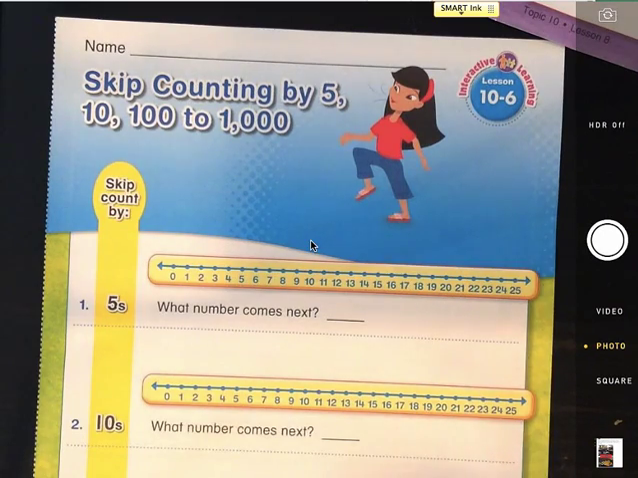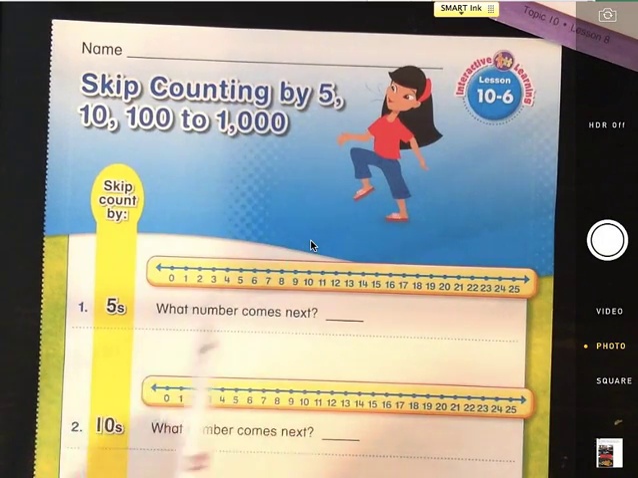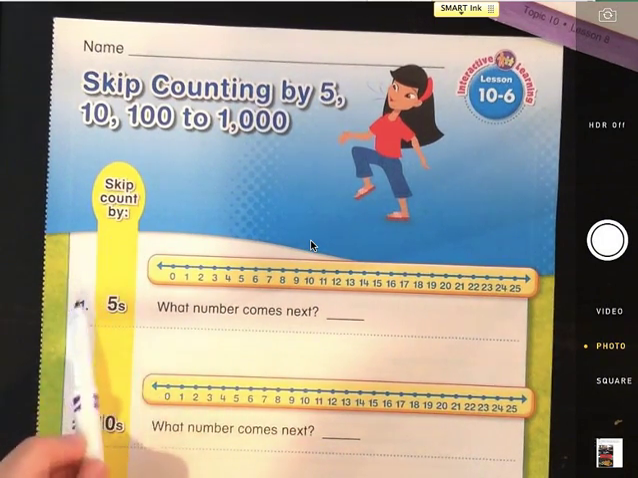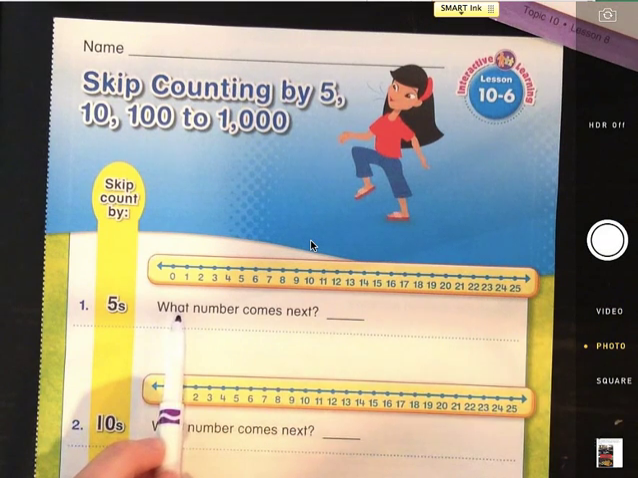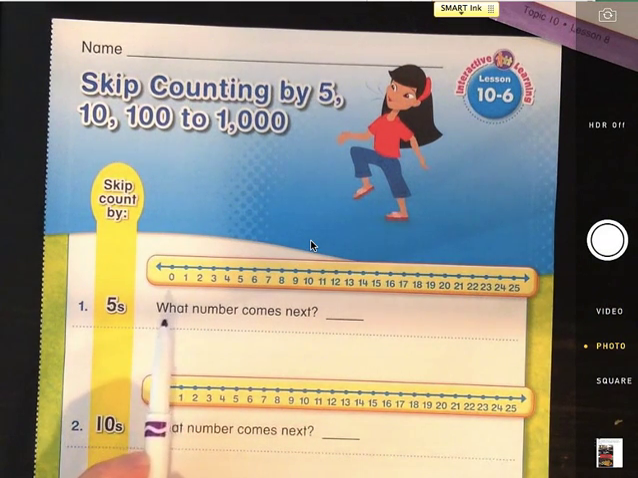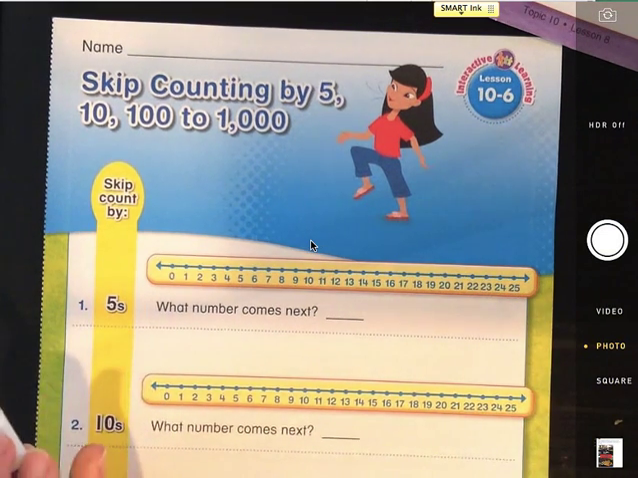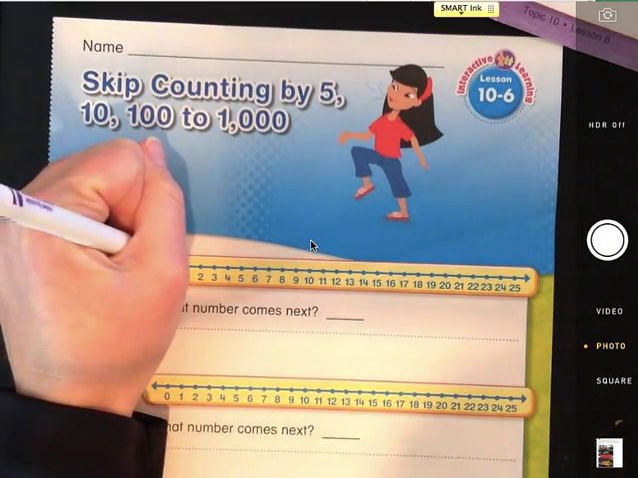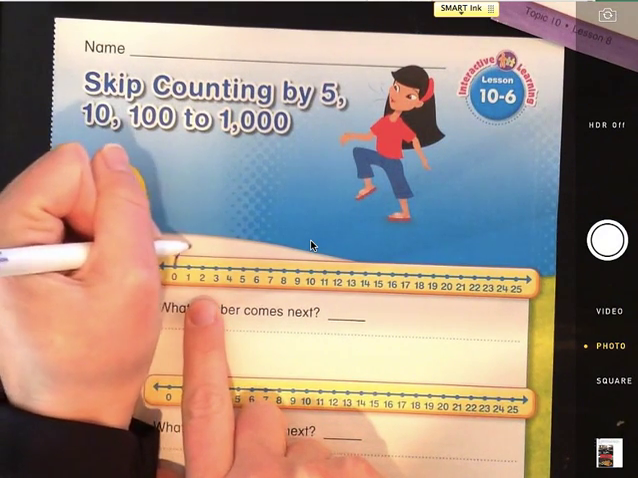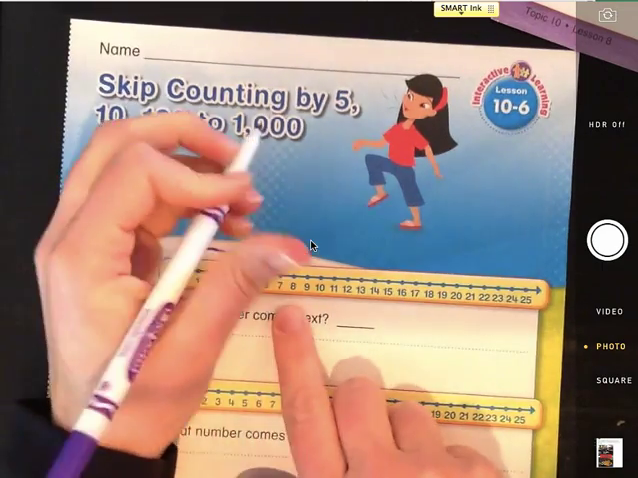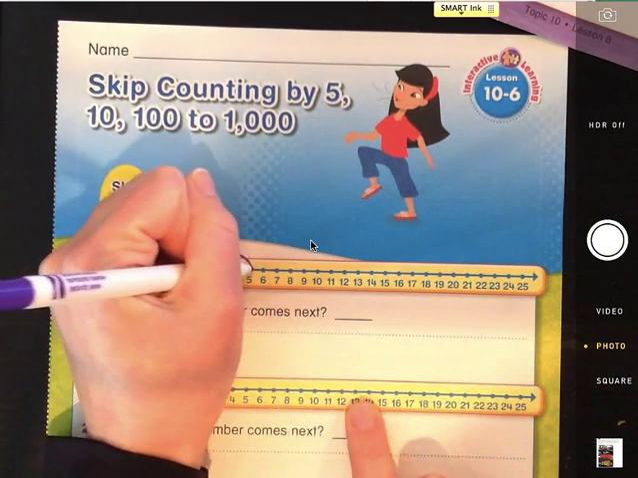Skip counting by fives, tens, and 100s. The first one says skip count by fives. If I start at 0, I'm going to skip count by 5. So I skip 1, 2, 3, 4, 5. I'm going to skip 5 and go there. Now, if I'm skip counting by fives, I just want to count by fives. So we go 0, 5, 10,